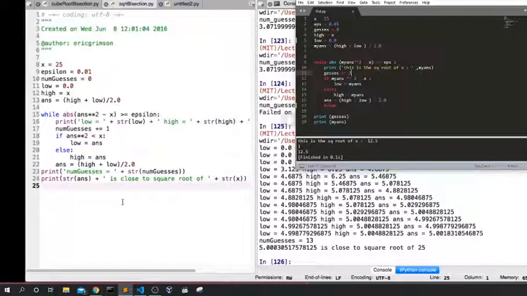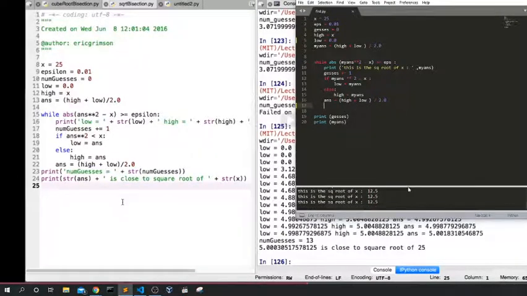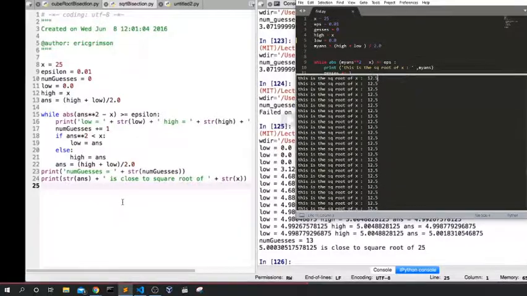I don't like to write the same code. Maybe if I just take out the break, I'll try to build. So it's not stopping. Yeah, okay.